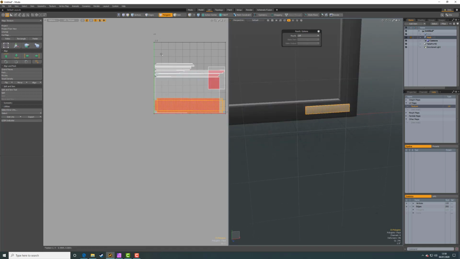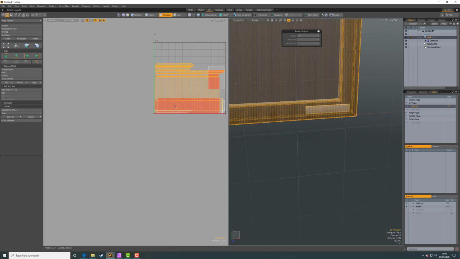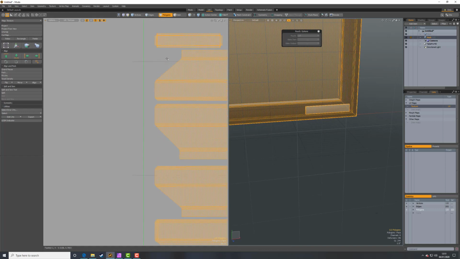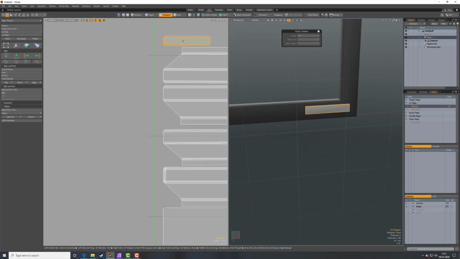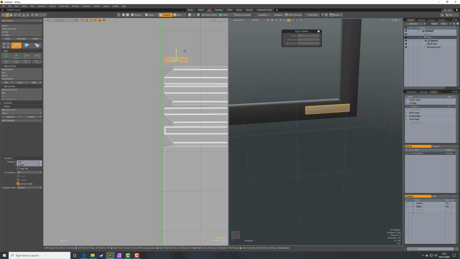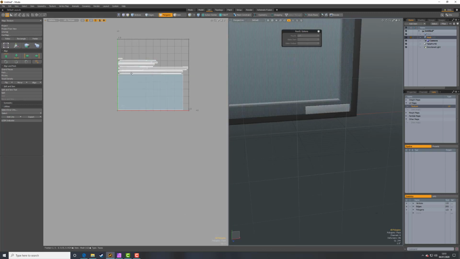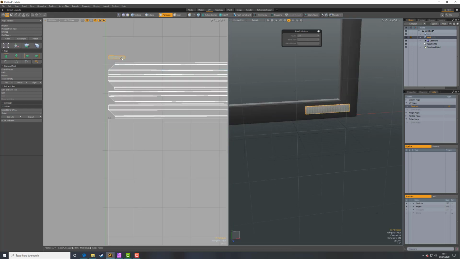So you can see that for these pieces, these are the bits I've mapped so far. They're overlapping each other. It's okay. They're on different maps, and it doesn't really matter. However, it's a little bit wasteful, and they are of different sizes. So I'm just going to press Shift H and hit pack, and I'm going to turn those into essentially what could be one map. So while this is on a slightly different island, it's scaled consistently with these other pieces, but it hasn't got its own map. For something that small, I probably wouldn't have a whole map for it